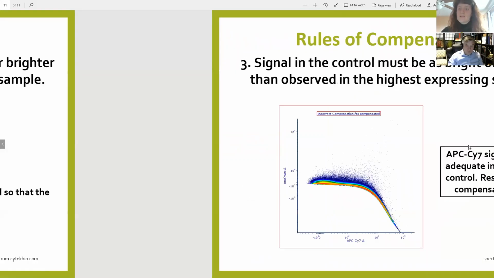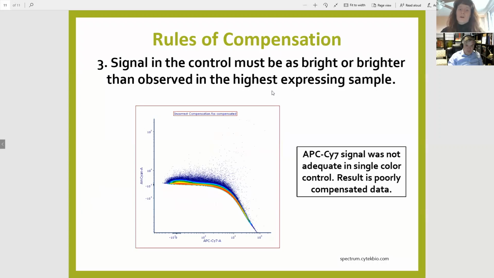Okay. And a nice example of that is right here, where a user unfortunately did not bring the best single color controls. If I'm looking at the AmCyan versus the APC size 7, what are we seeing? We're seeing again the population is very clearly dipping off and showing overcompensation, and this was the result of an